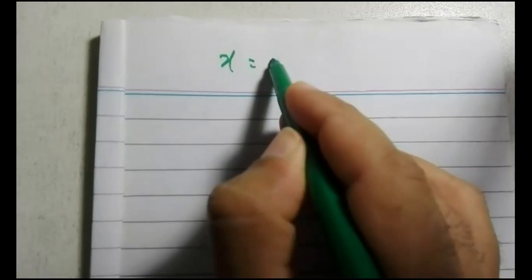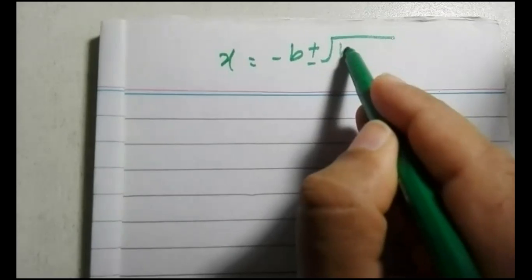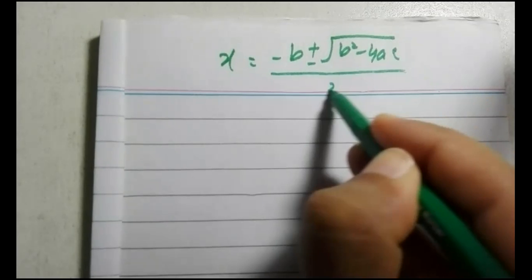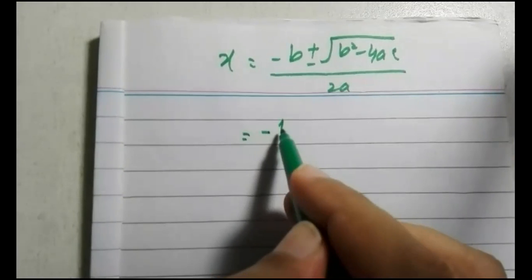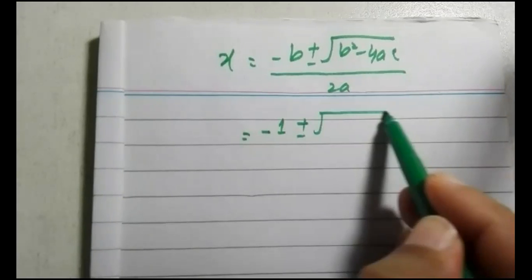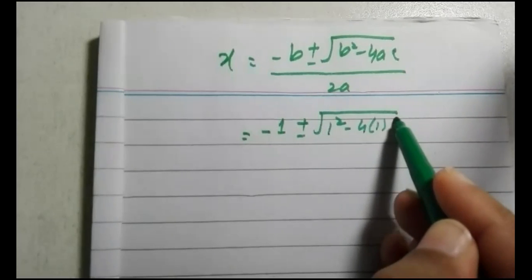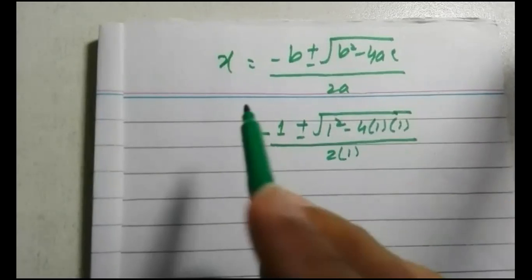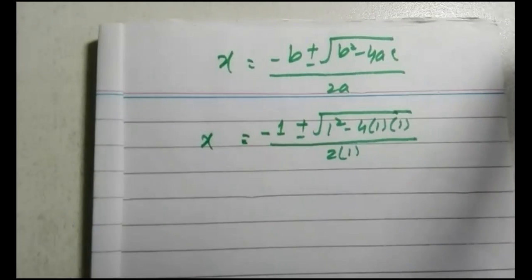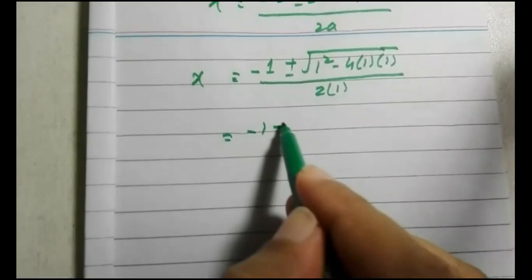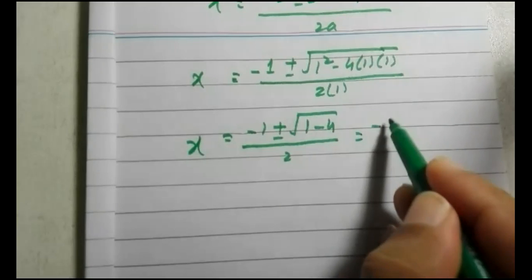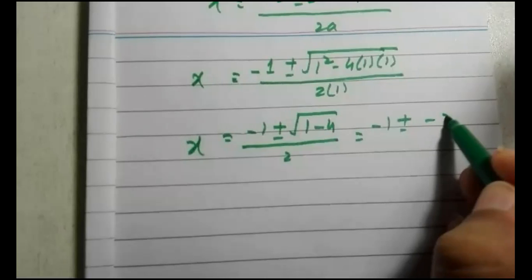And x will be equal to −b ± √(b² − 4ac) over 2a. We have done it many times before. We will put the values of a, b, c in it, and you will notice that a, b, c are actually all 1 here. So once I substitute, it will become 1² − 4 times 1, and c is also 1, over 2 times a. a is equal to 1. And then you will simplify it. x = (−1 ± √(1 − 4)) / 2, which is (−1 ± √−3) / 2.